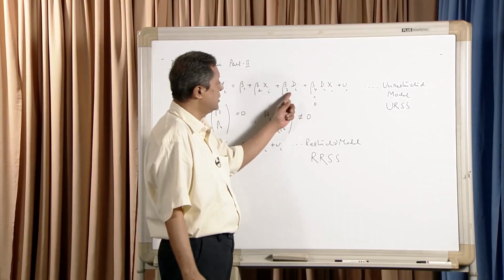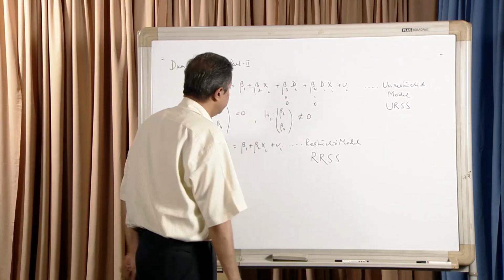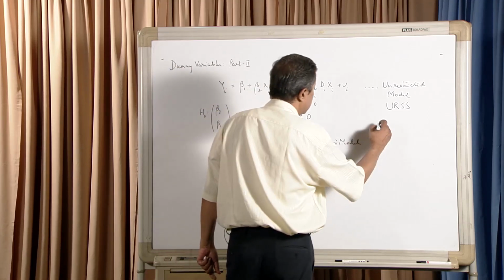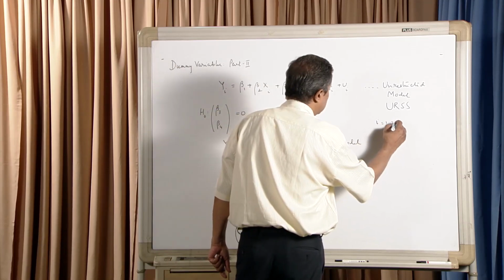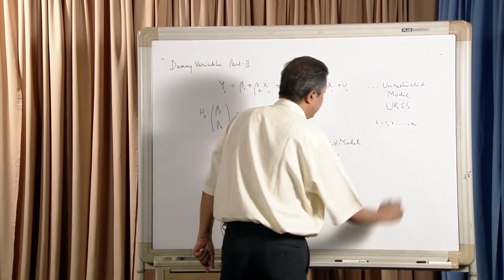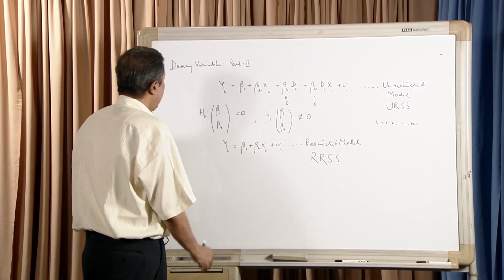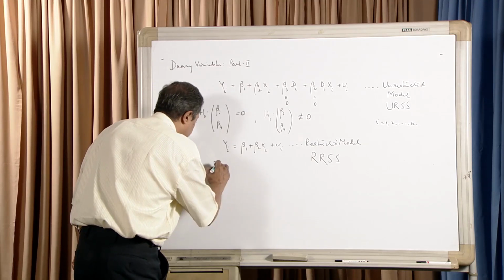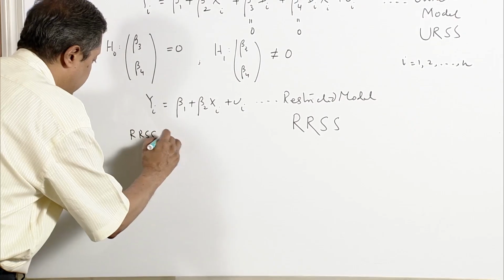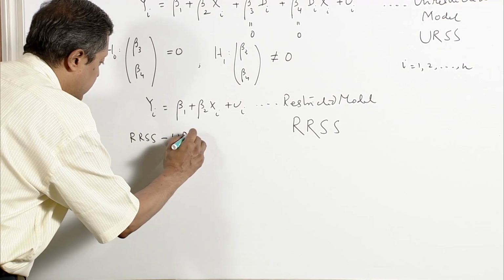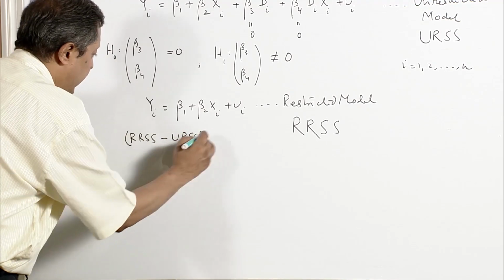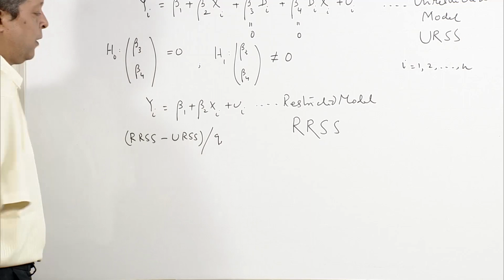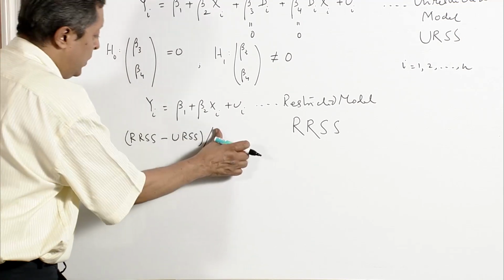We have two restrictions, beta 3, beta 4 equal to 0, and i runs from 1 up to n. So, there are n observations in totality. So, what we can now do is write restricted residual sum of squares minus unrestricted residual sum of squares divided by q, the number of restrictions. And what is q? q is 2 here,